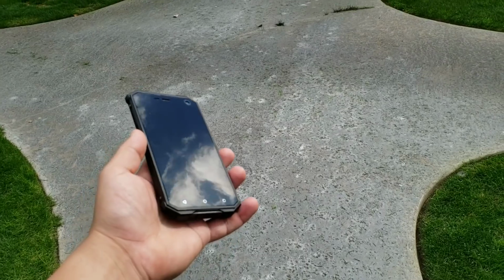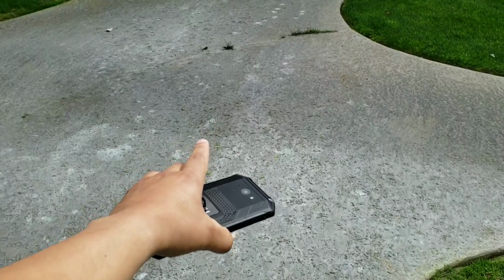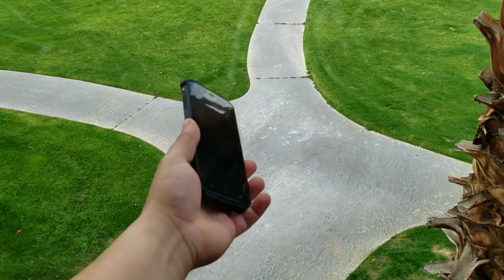Let's go. All right, so just to give you guys an idea, I will be dropping it from the 2nd story up there down to the concrete right here. So let's do this. All right, you guys, the 2-story drop test, moment of truth. Here we go in 3, 2,